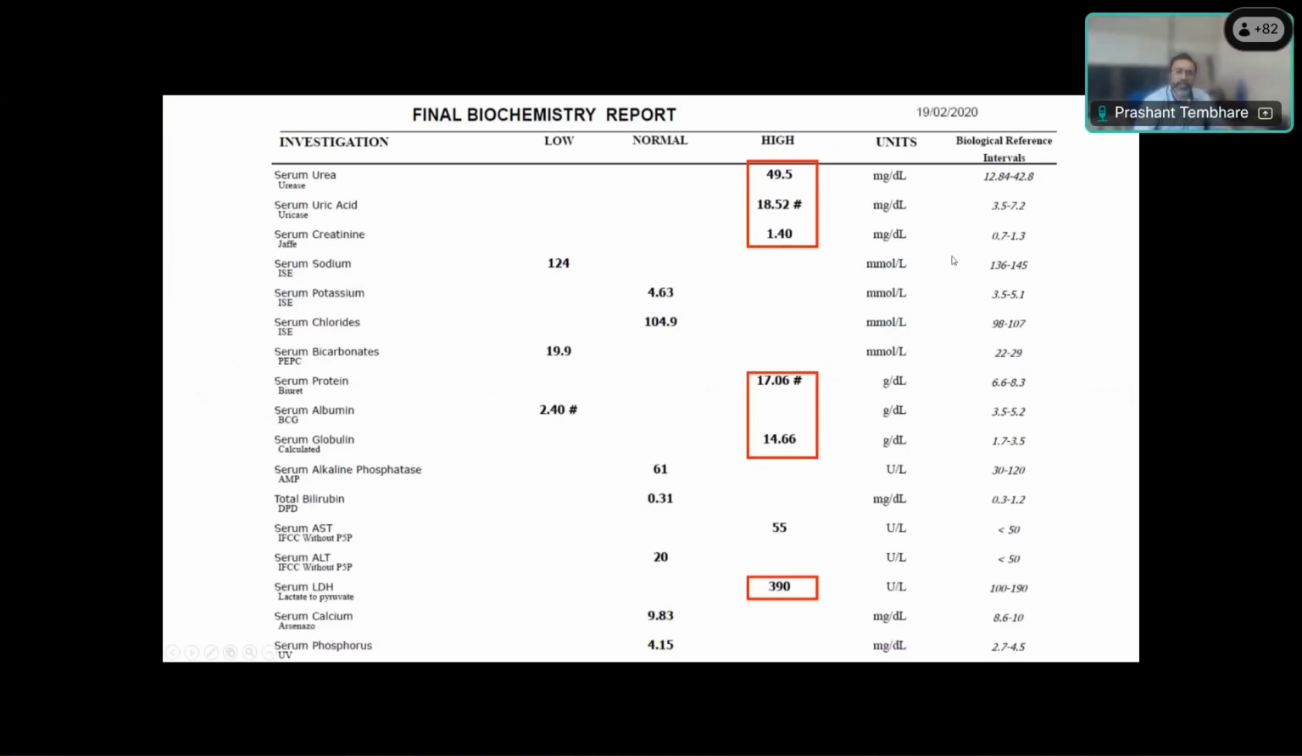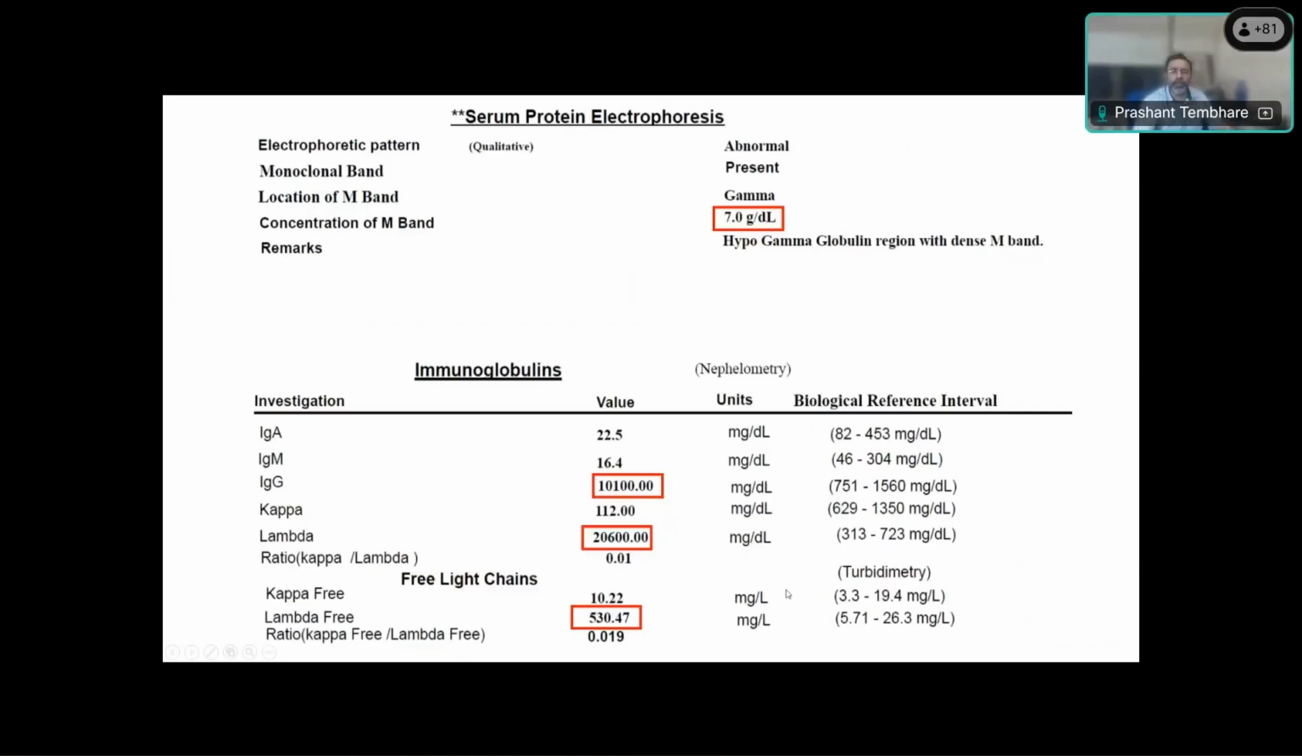So further investigations were done. As you can see, serum urea level was slightly high, uric acid level also slightly high, and creatinine level was high. Albumin is low, globulin level very high, and even the LDH levels were high. On serum electrophoresis, M protein was there, 7 gram per deciliter, and the heavy chain IgG was increased. IgG levels were 10,000. Lambda light chain restriction was there,